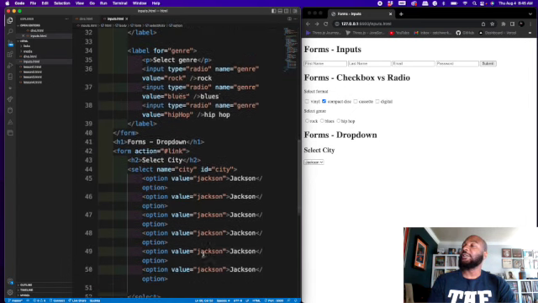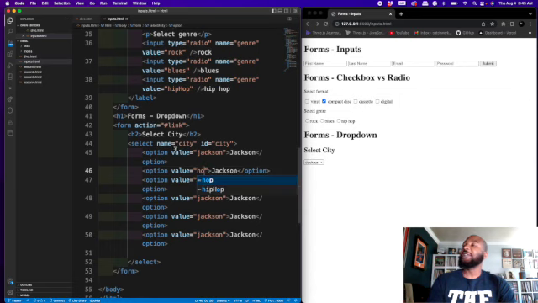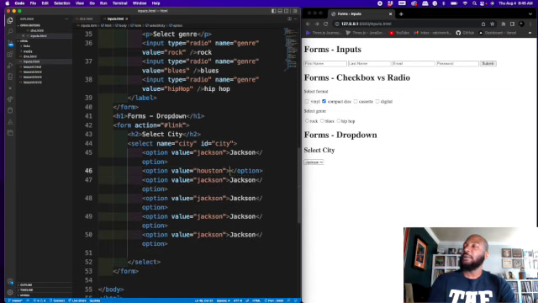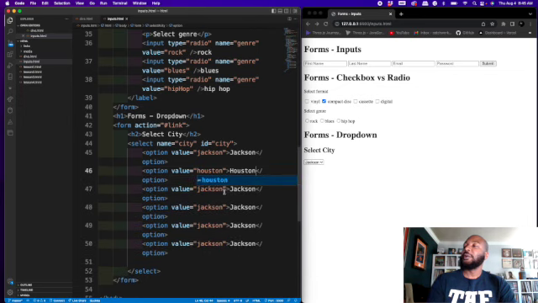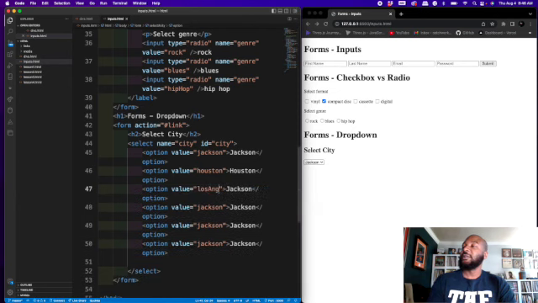Okay, and so I'll put some other cities here. You could put whatever cities you want. Like I said, I always like the camel case